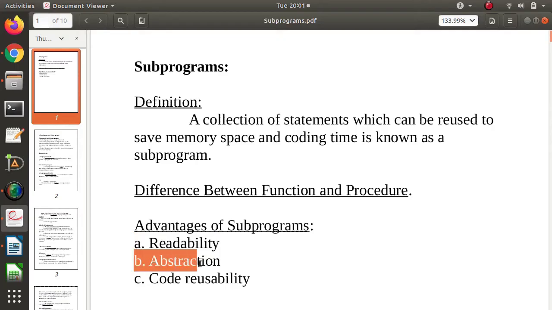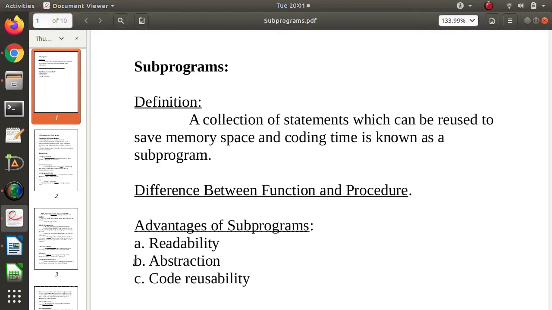Then second is abstraction. Now see, the programmer writes the code. The user who is using it is not aware of what logic is used in that subprogram. For example, suppose a user has to find out a factorial. Normally he will call the factorial function. He does not have to bother about what is written in that function.